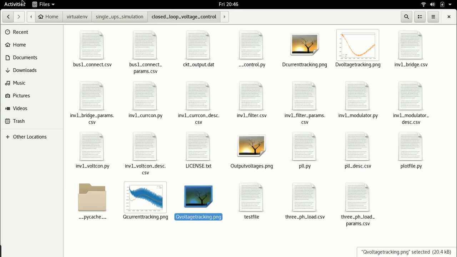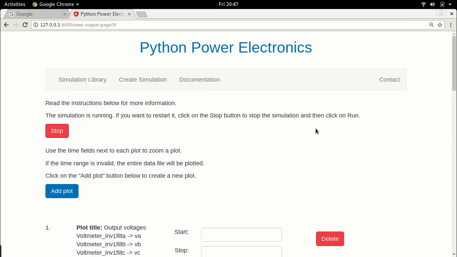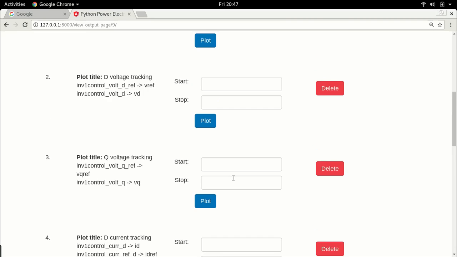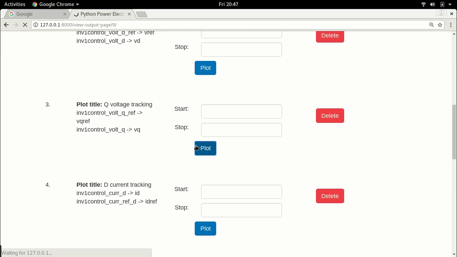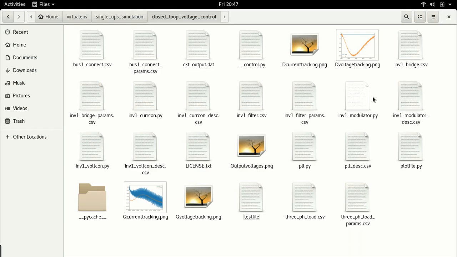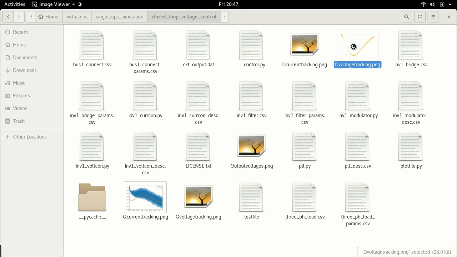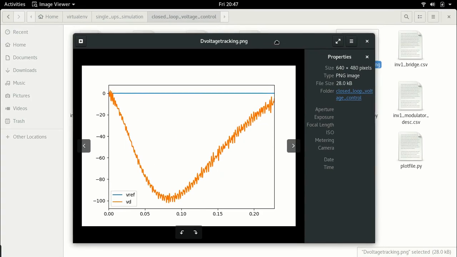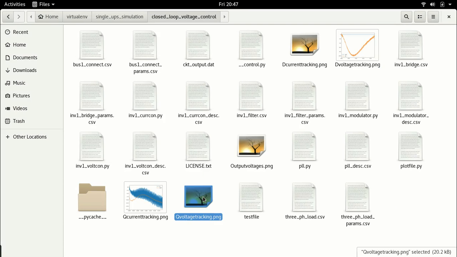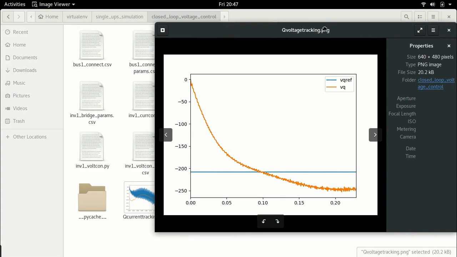Let's plot it once more and see if it has progressed anymore. So D voltage tracking, and Q voltage tracking. So you see, let's look at this. Well, you see it's catching up. And Q voltage tracking. And you see, so